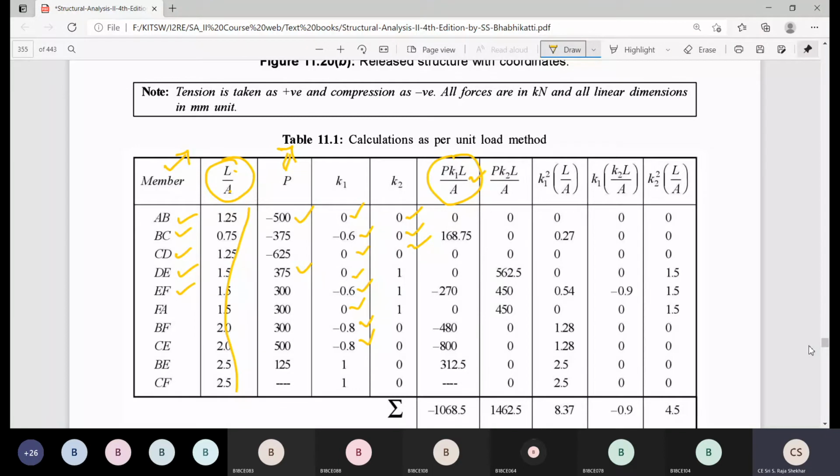Just multiply P term, K2 term, L by A term. Multiply these three, and one column comes. Multiply these three, and another column comes. Now K1 square L by A, just calculate K1 square L by A. K1 K2 L by A, K2 square L by A, just calculate all these terms and represent here